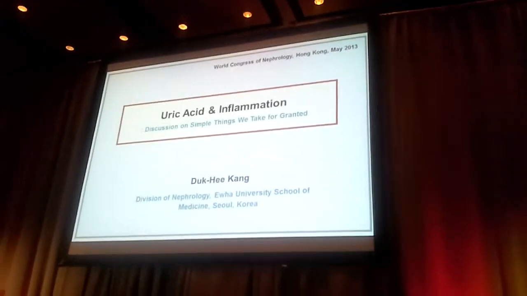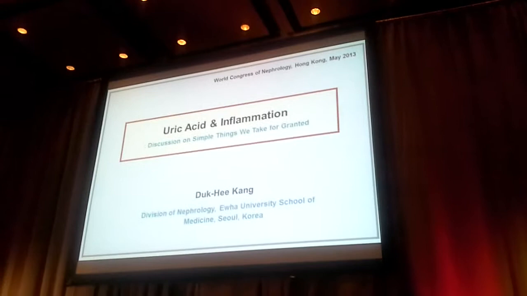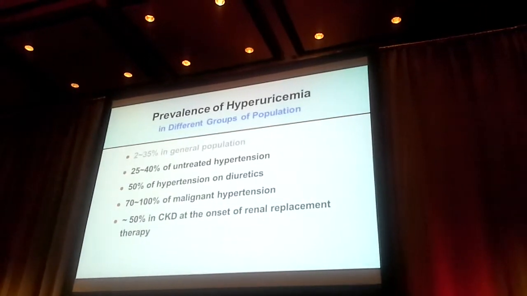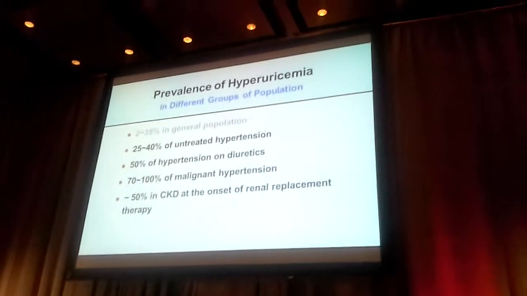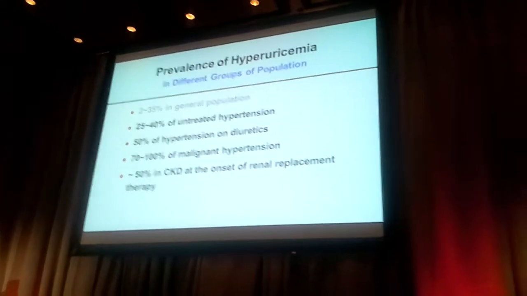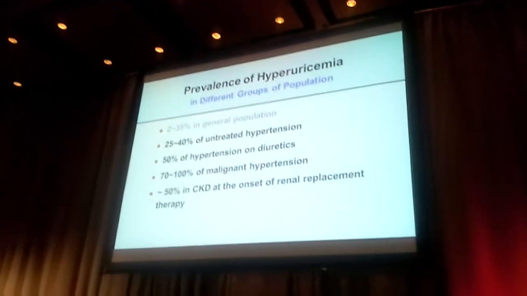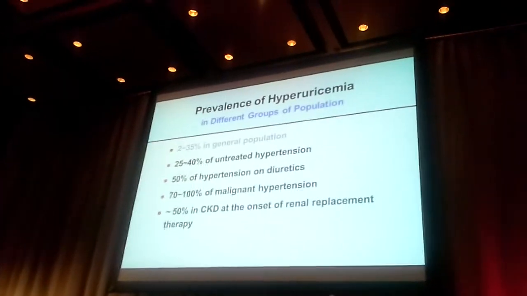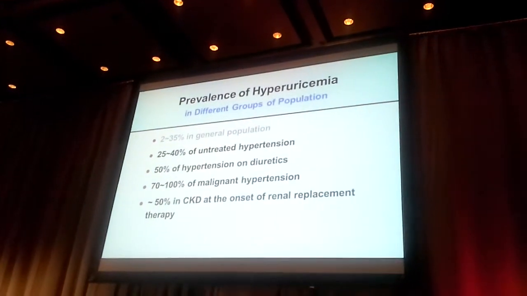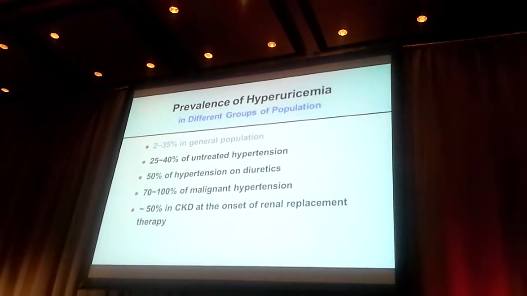My talk this afternoon is about uric acid and inflammation. Let me start by talking about the prevalence of hyperuricemia in different groups of the population. According to epidemiologic studies, the prevalence of hyperuricemia depends on ethnic and social background, which varies from 2 to